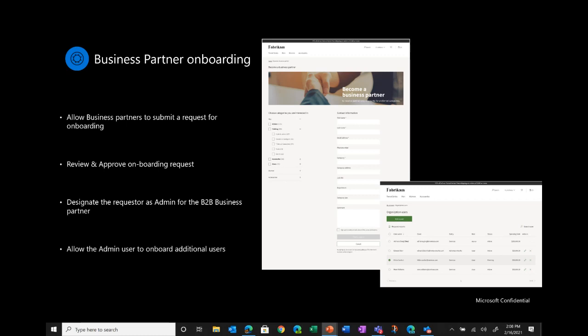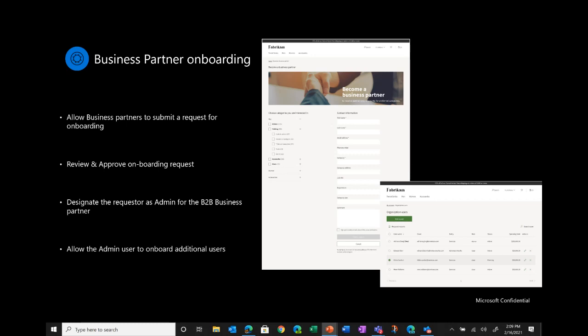In addition to this self-serve onboarding request being triggered by the potential business partner, you can totally configure all of those entities directly in Commerce HQ. So when you cut over or when you implement the system, you already have a list of business partners with whom you have a trading relationship, and you do not want them to go through the entire onboarding experience all over again. That can totally be supported. All you need to do is configure those customer hierarchies in the system, and then you can manually set those business partners as approved business partners in the system.